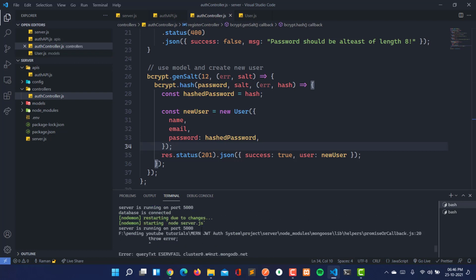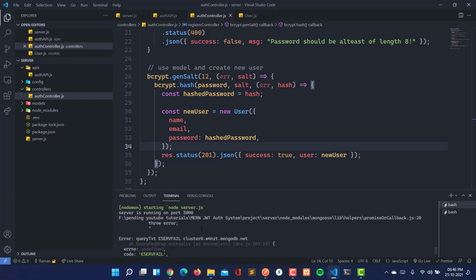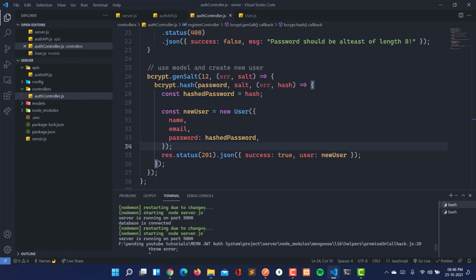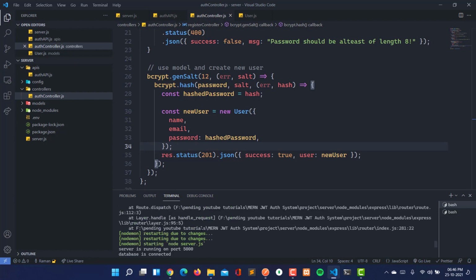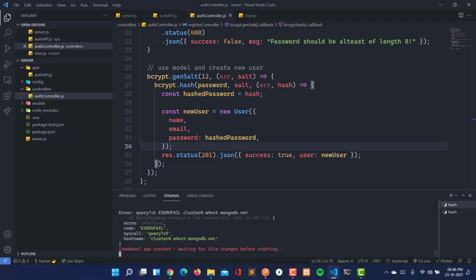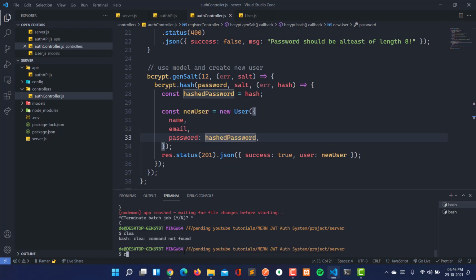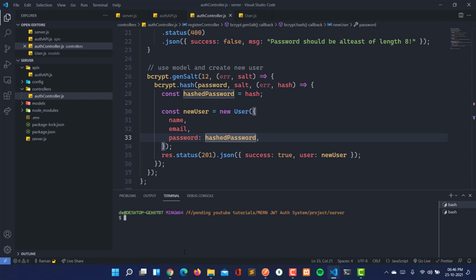So actually we are getting one error. So let's see what error that is. I think there is just an error in the MongoDB connection. So I'm going to clear this and let me try it again. So I'm writing npm run there.